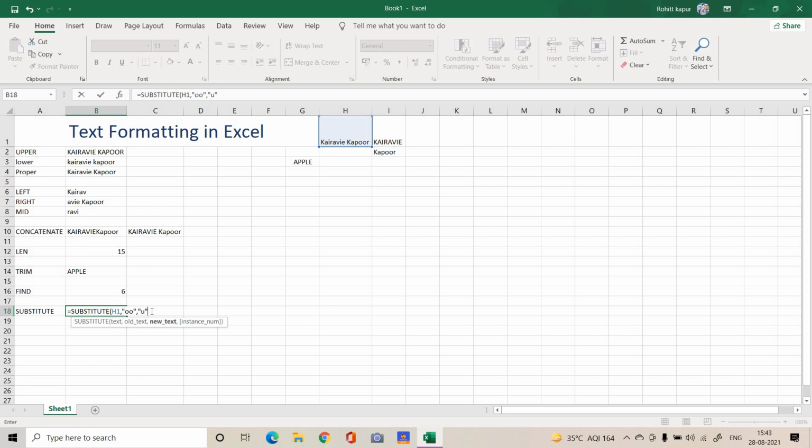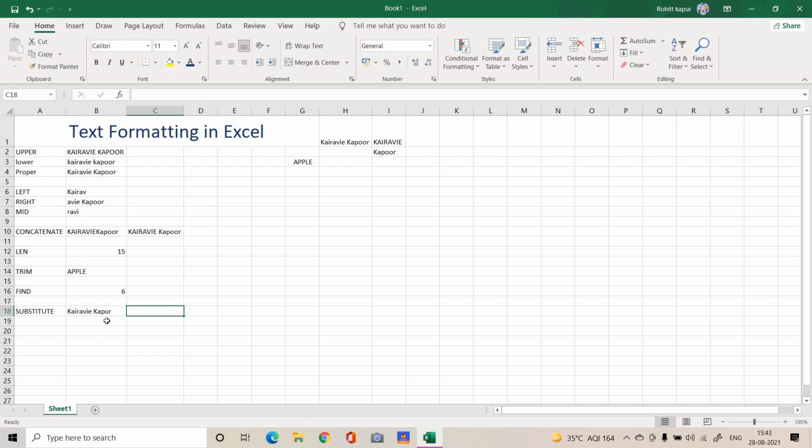So I press enter, and as you can see in my surname, there is double O, but when I use the substitute function to substitute this double O to U, it has changed the double O into U. So if you want to change any character in a text, you can use the